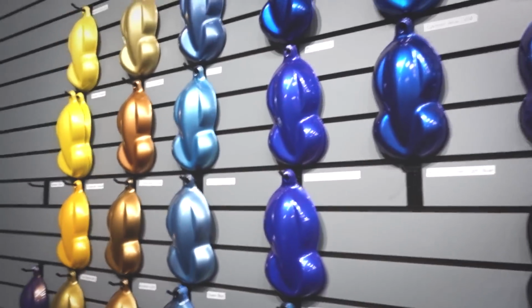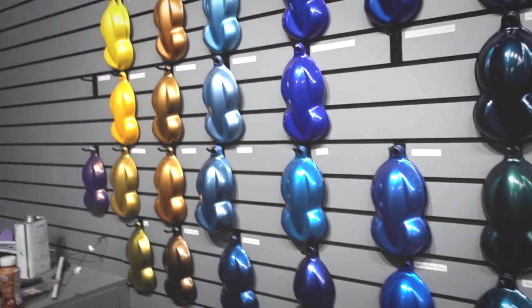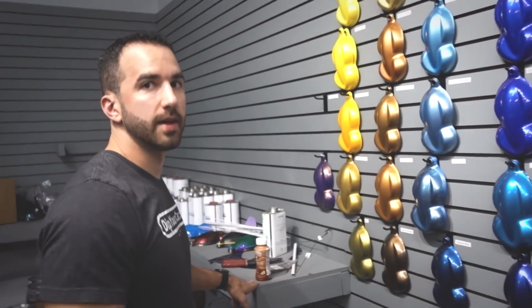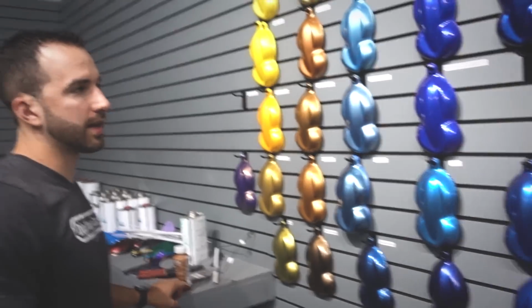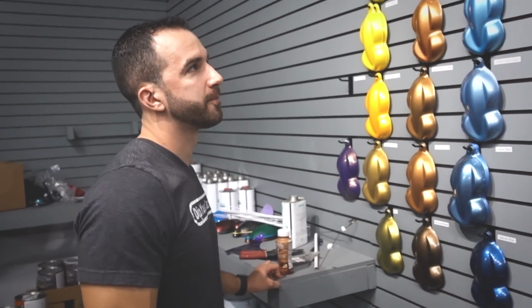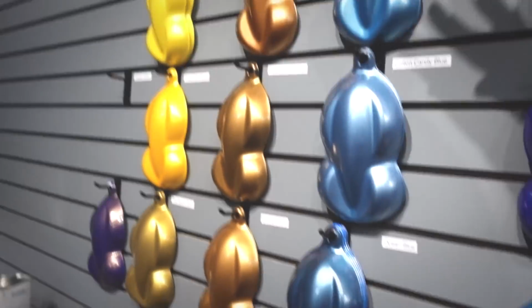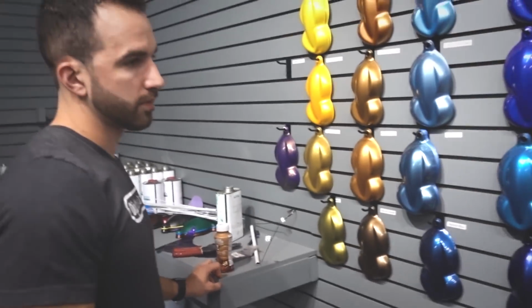So the one I had on my car was the deep sea blue pearl. Yeah. And I like the way that looked, but I think it could be a little less loud. I guess it's for more of a sports car, and that's not a sports car, you know? It's got a lot of pizzazz to it. Yeah. People want a little bit more of an aggressive blue. Yeah, so maybe like a blue with like a gray mixed into it, like something like this. But I don't know, or we can just do something like neutral, like a gray, or...